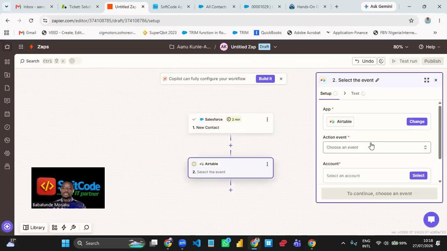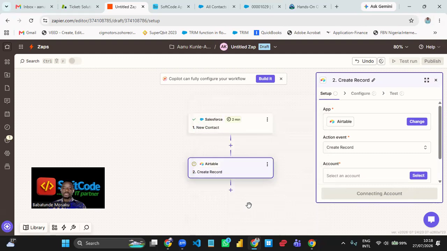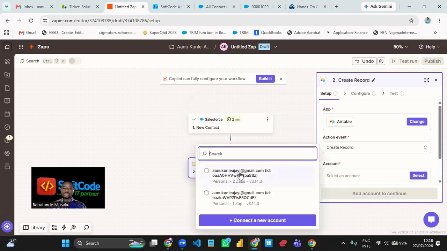And what do we want to happen? What is it that we actually want to happen? We want a new record to be created, right? So you can just search, and you can see already: create a new record with auto-populating fields. Click on it, and then you select your account, right? You select your account. We already connected our account to it, so